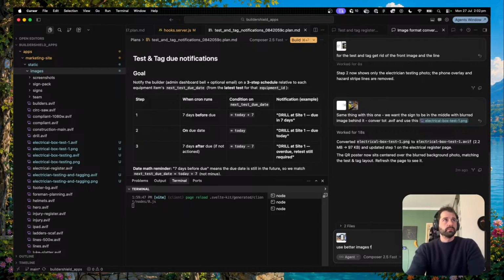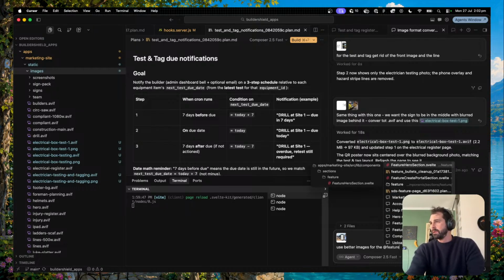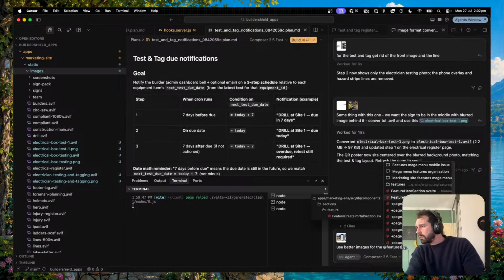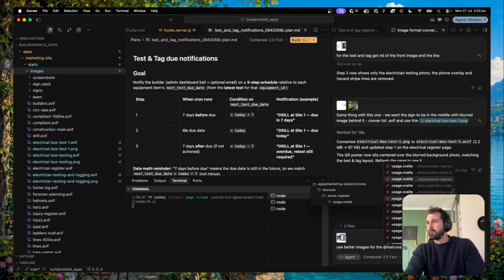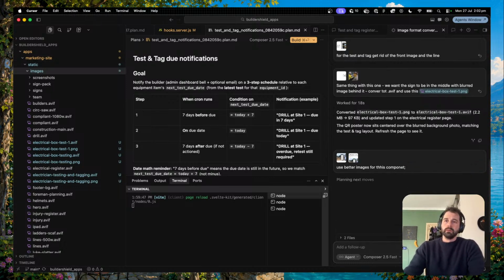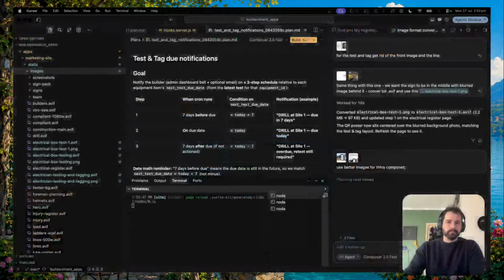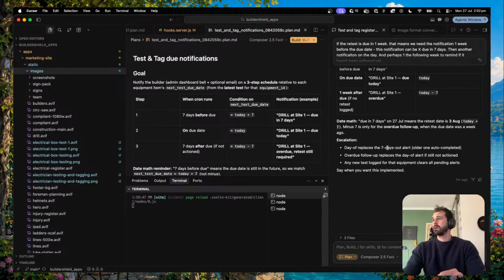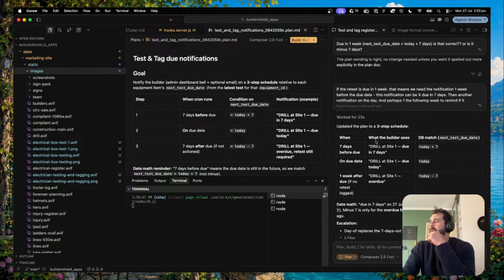Use better images for the feature here. What's that called? Let's just do it for this component. So we want to use better images for this component. Back to our testing tag. Okay, update the plan. Today plus 7, today minus 7. Due in 7 days means the retest is